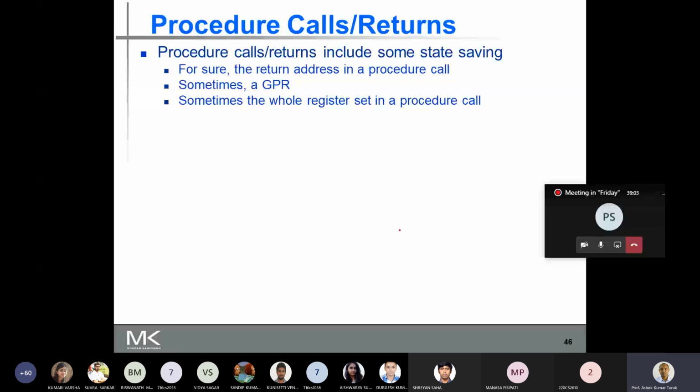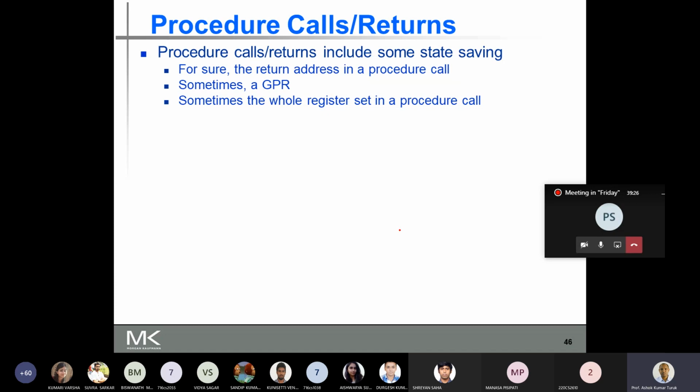Sometimes the general purpose registers are used to store the return address, and when you make a procedure call, sometimes the whole register set may need to be saved.